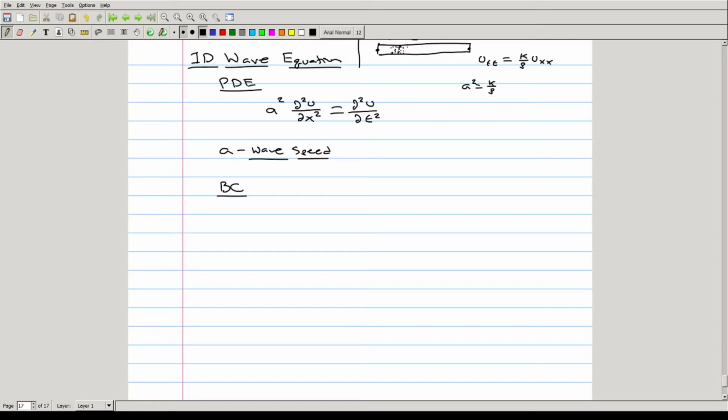Say the bar goes from 0 to L. We'll say that the spatial derivative of the displacement u at the endpoints, so at x equals 0, has to be 0. And we'll impose the same boundary condition at x equals L as well. This is for t greater than or equal to 0,